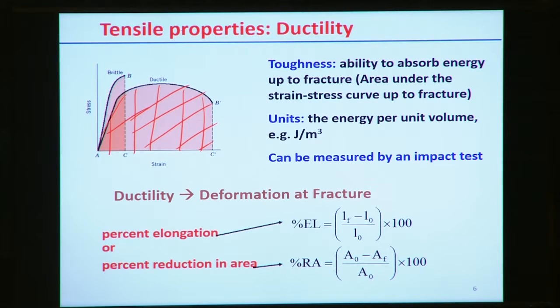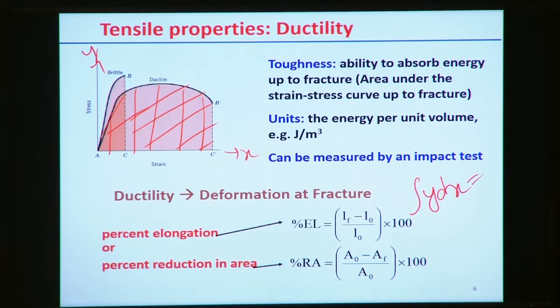If it is possible to represent this stress-strain diagram with some analytical expression of stress as a function of strain, then we can simply integrate. Suppose this is the x-axis and this is the y-axis; by integrating y dx over the limits, we can find the amount of energy per unit volume, and that is equivalent to the toughness for the specific material.